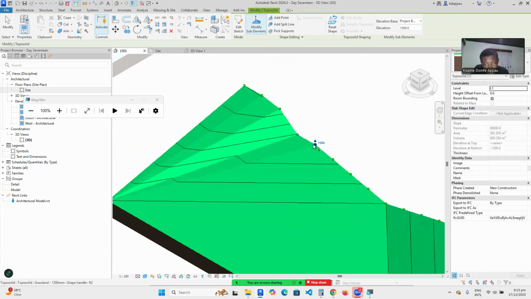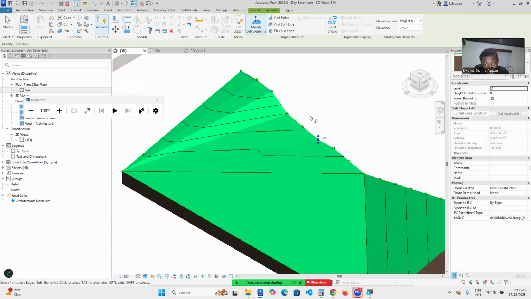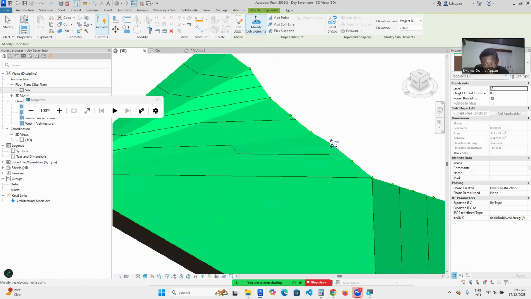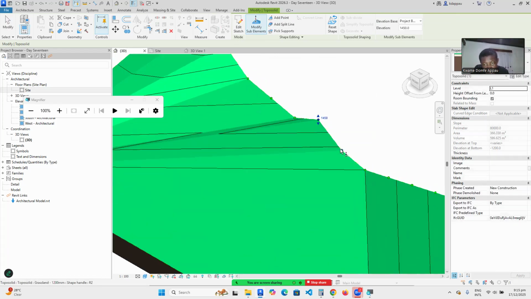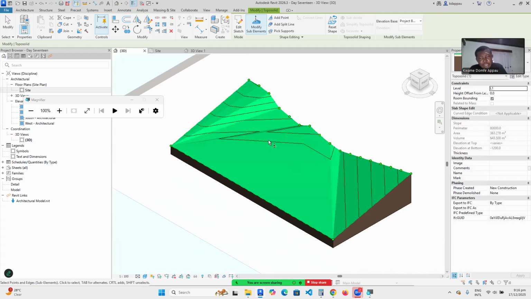Select this one, let it go down. Select this one, let it go down. Select this one, increase it. Select that one, increase them. Select this one, increase it. Now, depending upon how I play with these points, that will determine the nature of the contour that I want